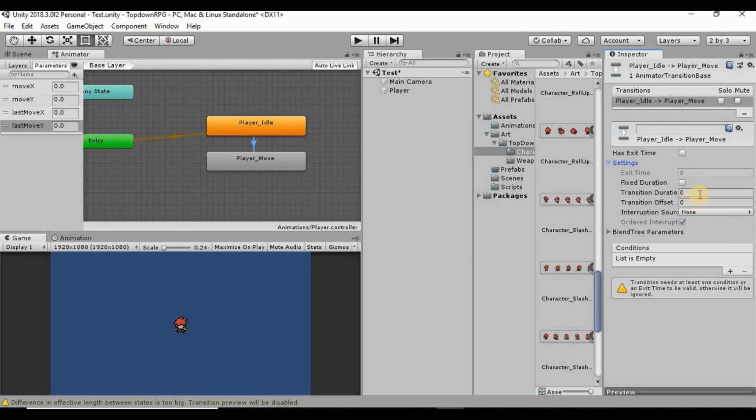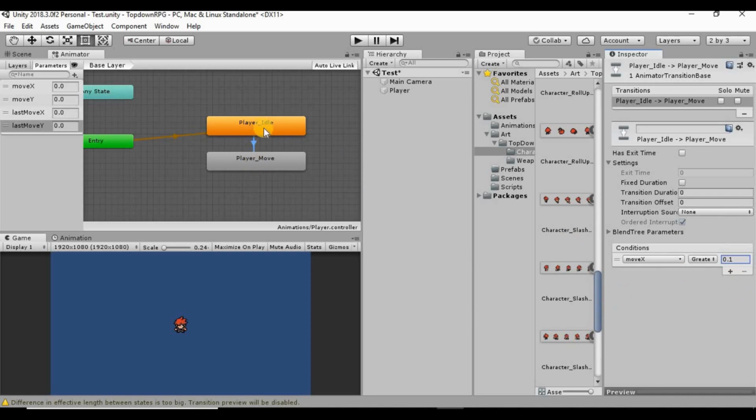So now we can just go down to our conditions, add a new condition, and we're going to say if move x is greater than 0.1, meaning if we are moving in the right direction, we want it to change to the move